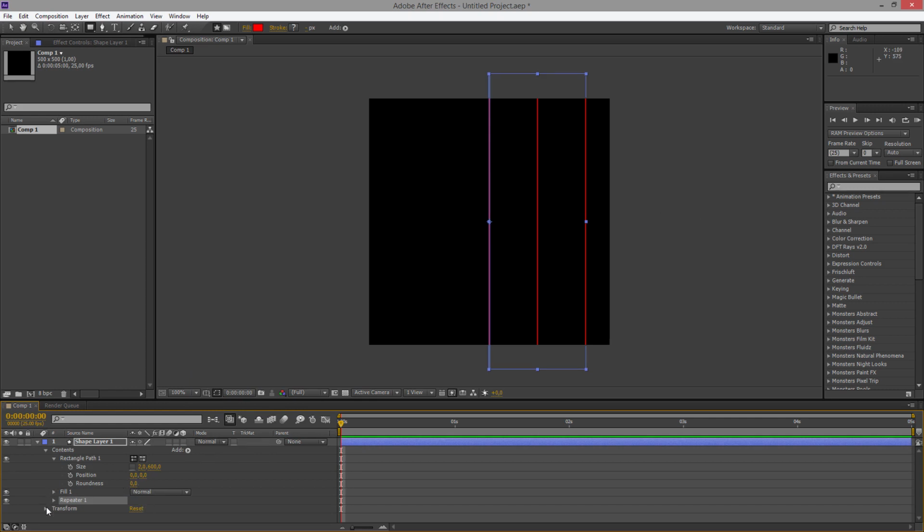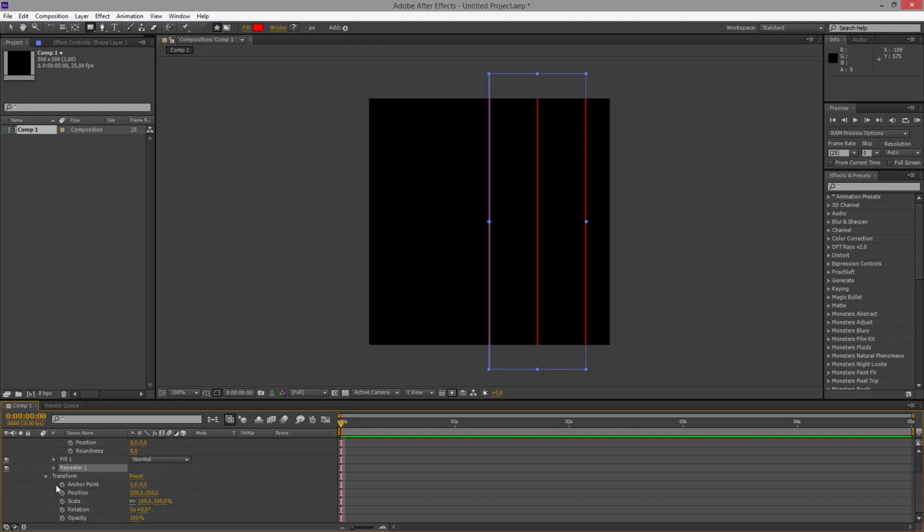For the moment it's 3 times because on the repeater option here we have 3, so I can increase it, and there is a spacing, we can reduce it. So repeater, transform, click on the little arrow, and for the moment the spacing is 100. Every 100 pixels, there is a line.